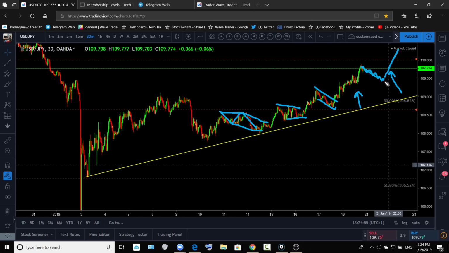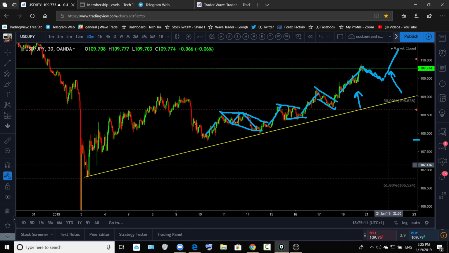So watch for this correction and a short term buy like that. You can trade on that. But if you are trading that way, looking for a short term buy on the dollar yen, make sure you are looking for very small moves and keep taking your profit off rather than staying in for the upside.